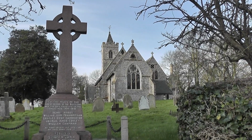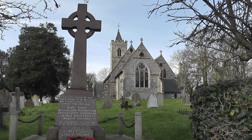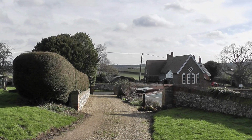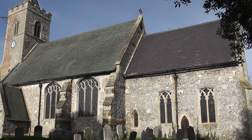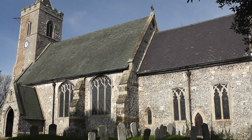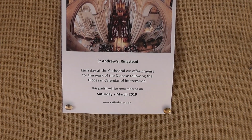There is Ringstead Church. I thought these were the steps in. Clearly they're not. So I'm not sure how you get in there. There's actually an entrance, a stone grit entrance, very close by to where I was stood. And there you can see, not sure the name of this church, but I'll soon find out. So as you can see here, it's called St Andrew's, Ringstead,